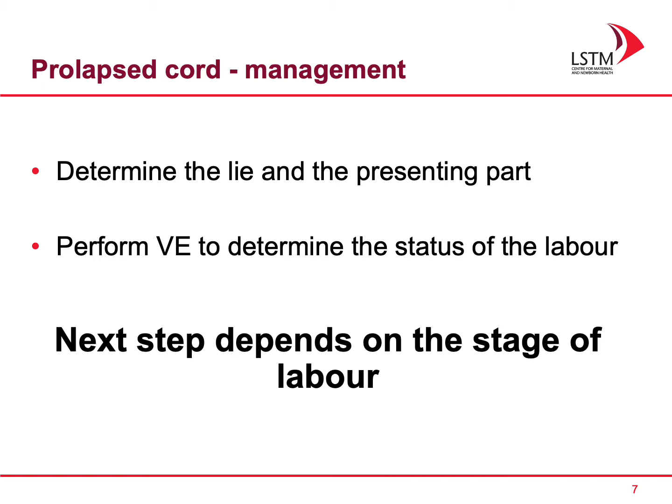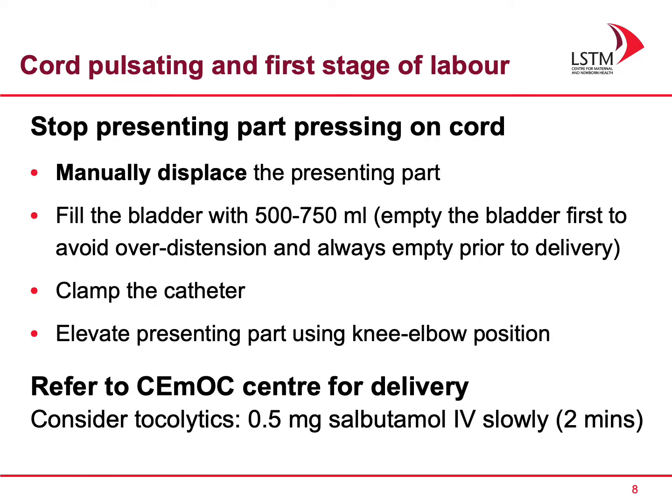It's important to know, is this patient of ours in first stage of labor or second stage of labor, and from then you'll know what's the way forward. Well, if the cord is pulsating and our patient is still in the first stage of labor, then we should try as much as possible to stop the presenting part from pressing the cord, and we immediately initiate maneuvers of intrauterine resuscitation, and every time we put these maneuvers in place, we monitor its impact